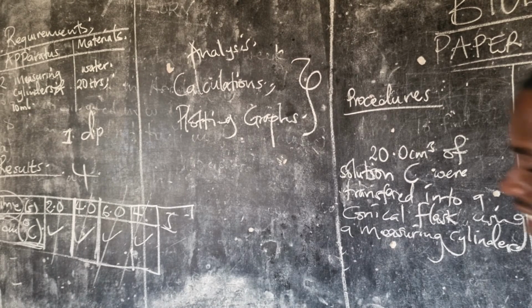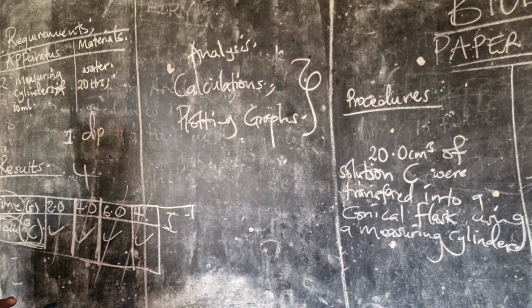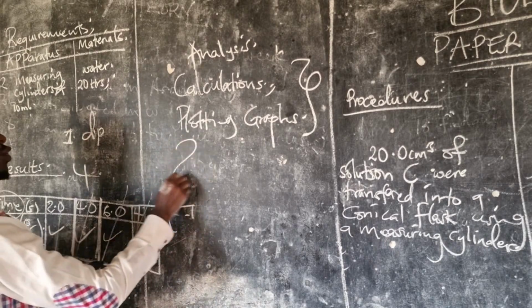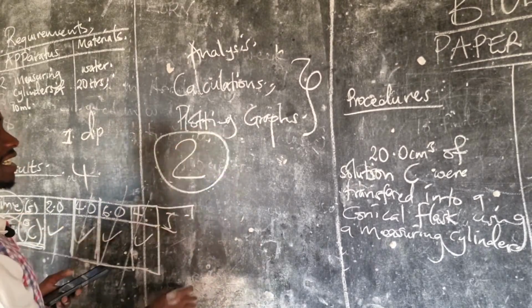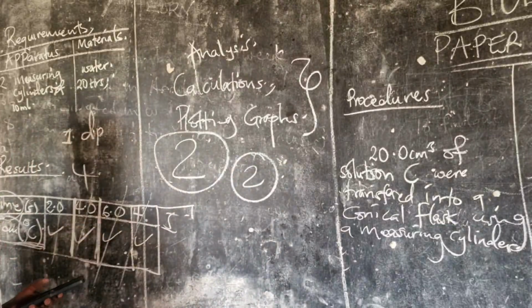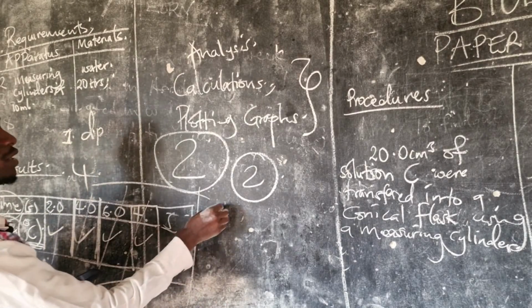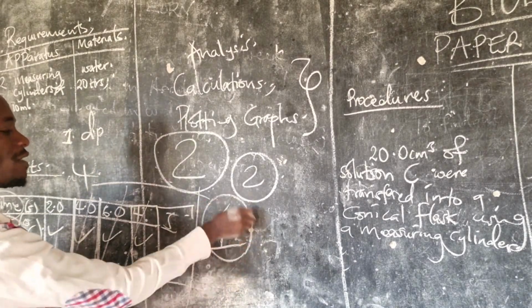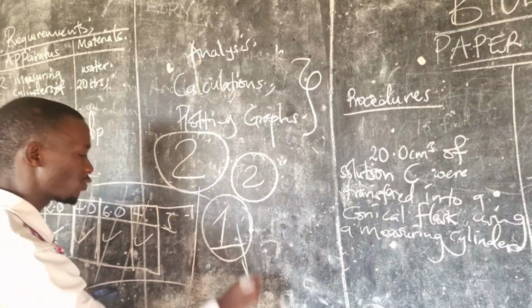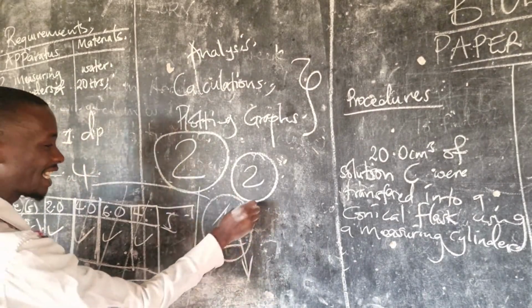Yes, someone is asking how long does the experiment take? You're doing the paper for 2 hours. And the paper of biology has 2 items. So number 1, physiology, we don't expect you to do it for more than 1 hour. So everything should be planned within this 1 hour for this number.